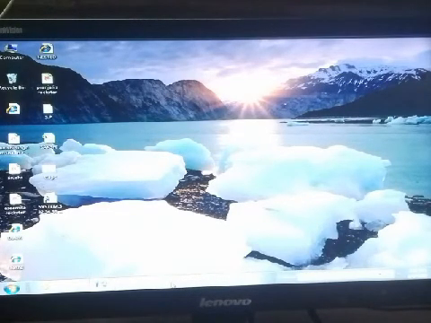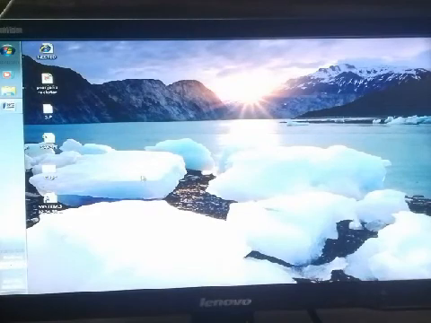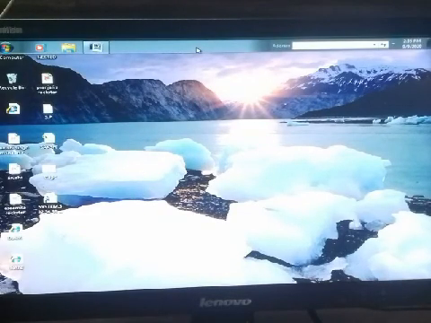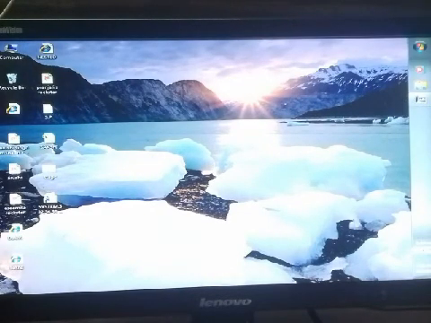Then step 2 is to press and hold the left mouse button and drag the taskbar to any place on the screen, like this, and release the mouse button after you have moved the pointer to the desired position on the screen.